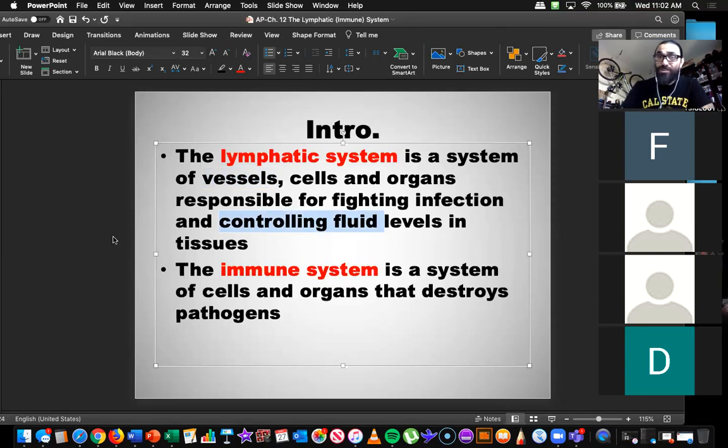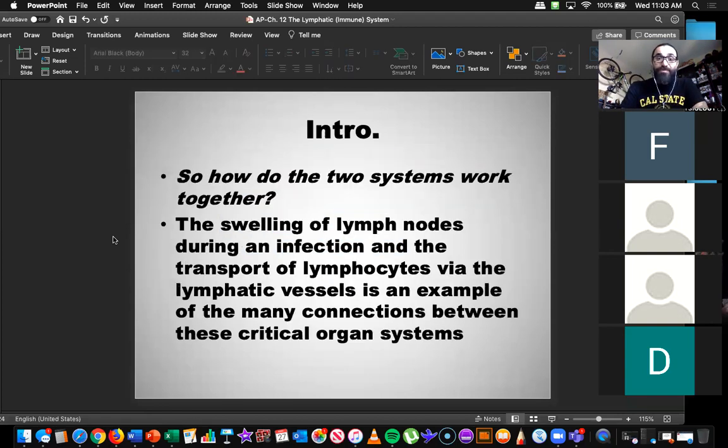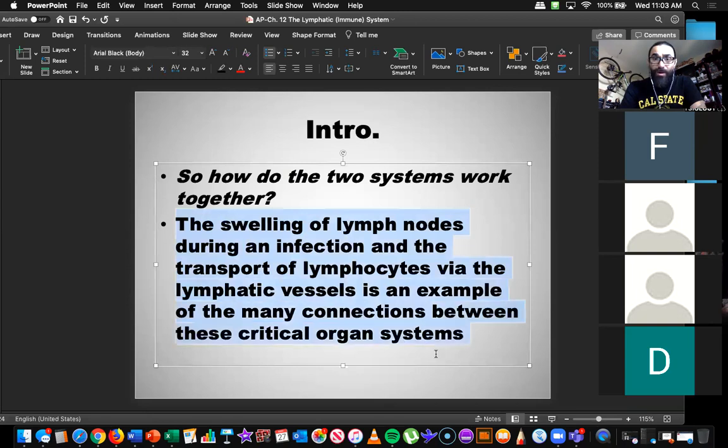And Anna, do you remember what that fluid that circulates through the lymphatic system is called? We saw that video the other day. It's known as plasma, or, but then lymph. Thank you. It's called lymph, right? Okay. So very good. Thank you. So an example of how both of these systems would work together would be like this. Last time we met, we watched the video, and I think it was you, Anna, that asked the question about tonsils, right?